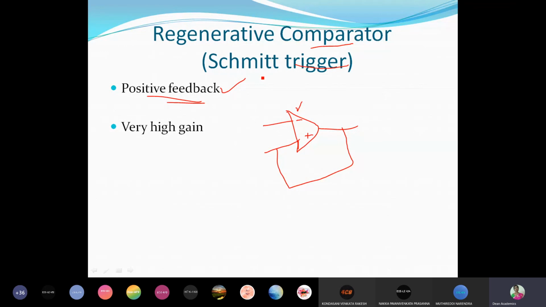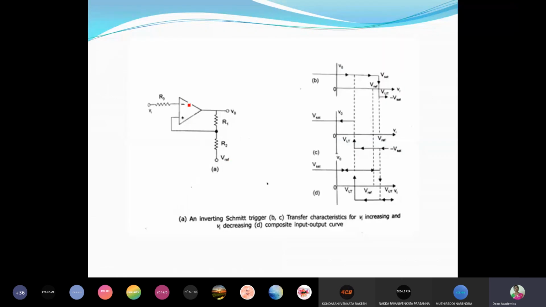Positive feedback, another name is regenerative feedback. For negative feedback, we say degenerative feedback, right? So with positive feedback, again, we will achieve very high gain. And you know, when we say regenerative or positive feedback, we say loop gain, and it will act as an oscillator also, right? So this is the circuit diagram of a